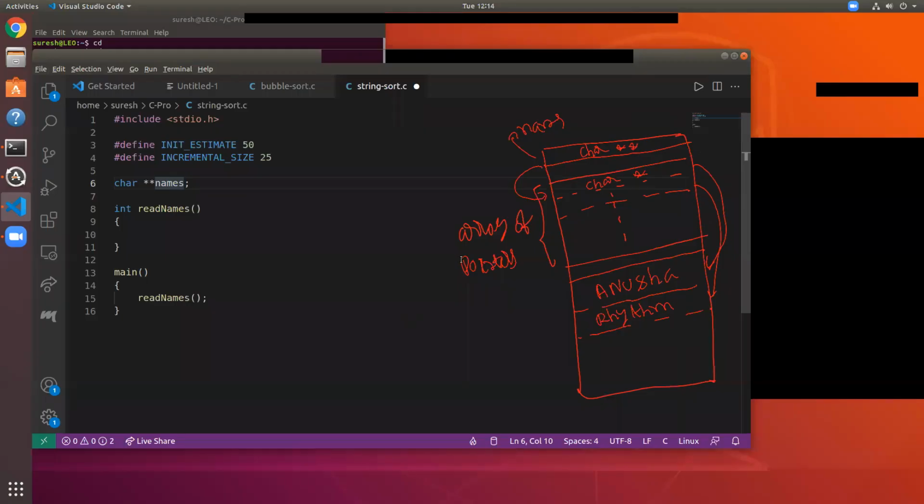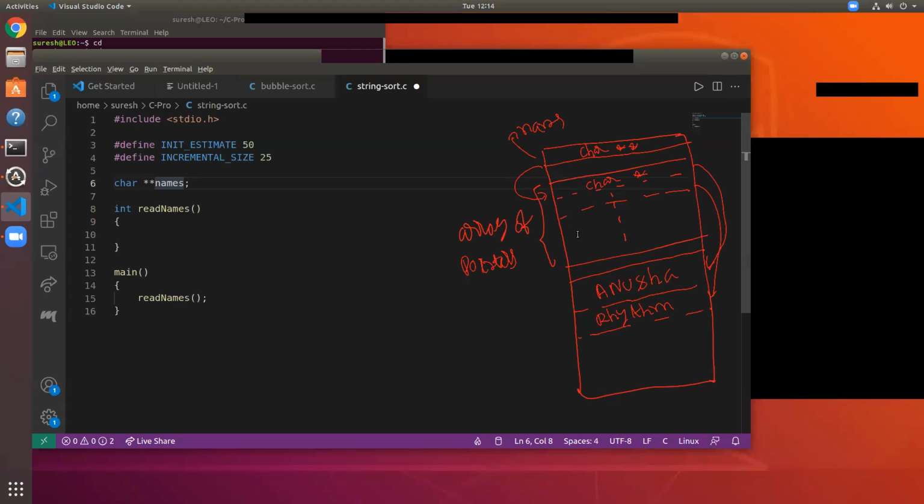Are you with me here? Yeah, it's a pointer to a pointer, right? It contains the base address of char star, pointer to a pointer. Char star star means pointer to pointer. If you just use char star, it's a pointer. And char star star means pointer to pointer. And we are storing this array of pointers in the heap now because